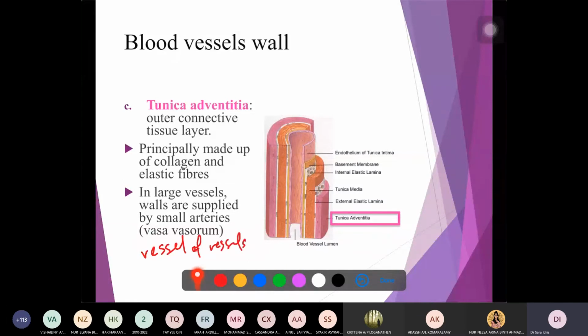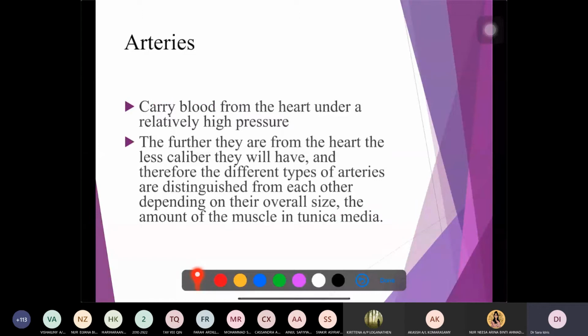vasa vasorum means. All right, so arteries carry blood from the heart, and especially if it's coming from your left ventricle, it carries blood with a relatively high pressure. So the further the arteries are from the heart, the smaller the caliber you have. So the smaller the lumen is, and the smaller the wall is, because you don't have to accommodate that much blood anymore. The aorta has to accommodate the whole of your cardiac output, which is tremendous. But if you go into arteries that are smaller, nearer your fingers or your toes, they don't have